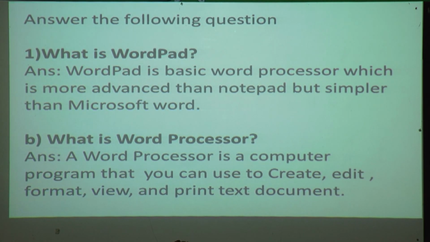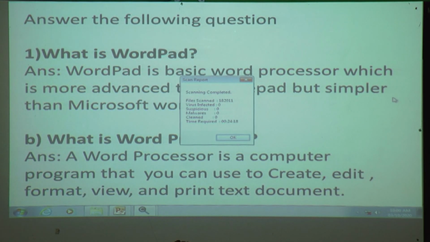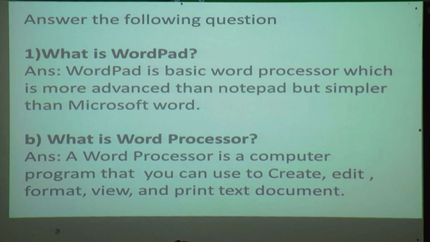Write down fast. Read everyone. What is WordPad? WordPad is basic word processor which is more advanced than Notepad but simpler than Microsoft Word.